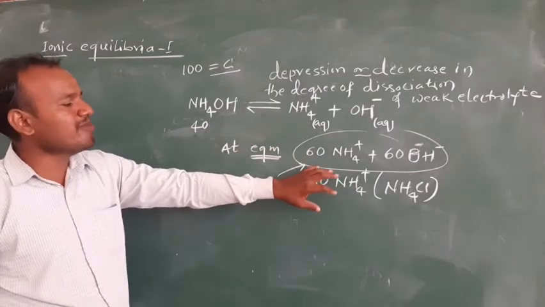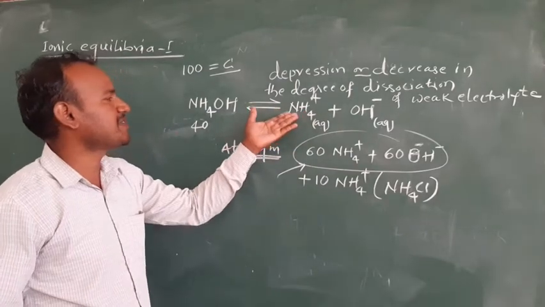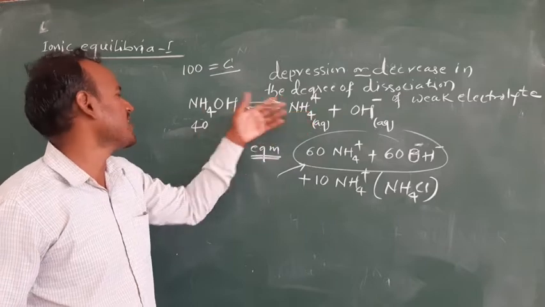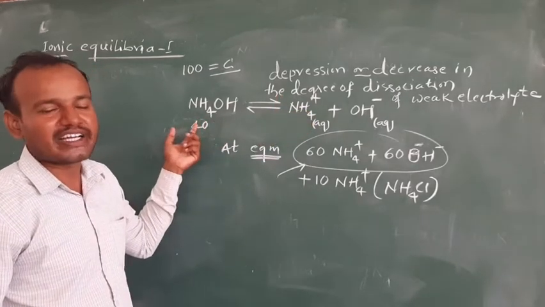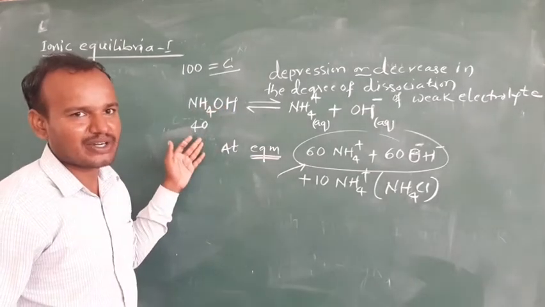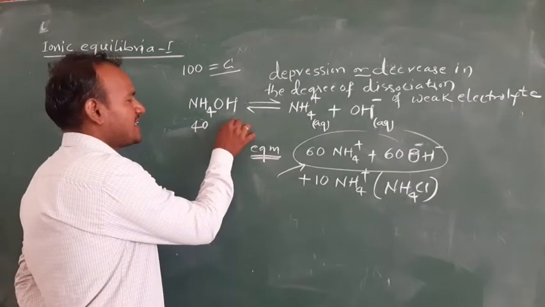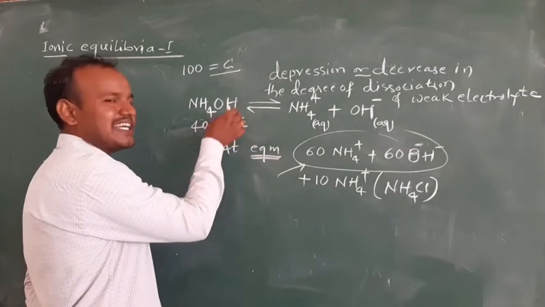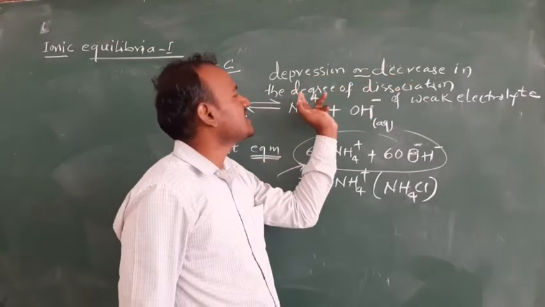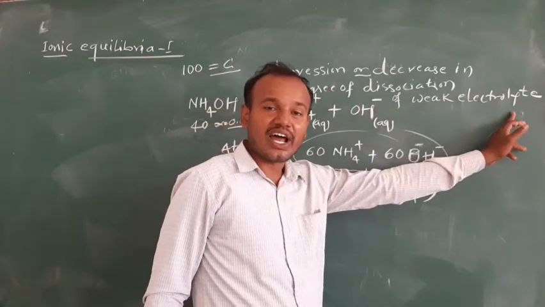What will happen by adding more NH4+ ions, in the form of a strong electrolyte? The reaction is shifted in the backward direction. Fewer NH4+ ions should be there with respect to equilibrium, and here this number will go on increasing. That means its degree of ionization will decrease. Before, the extent of ionization was almost 0.4, or 0.6, and this alpha value will decrease. So this decrease is our depression or decrease in the degree of dissociation or degree of ionization of a weak electrolyte. Very important.